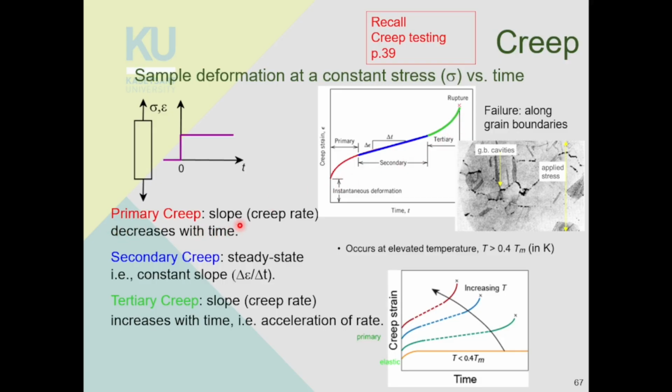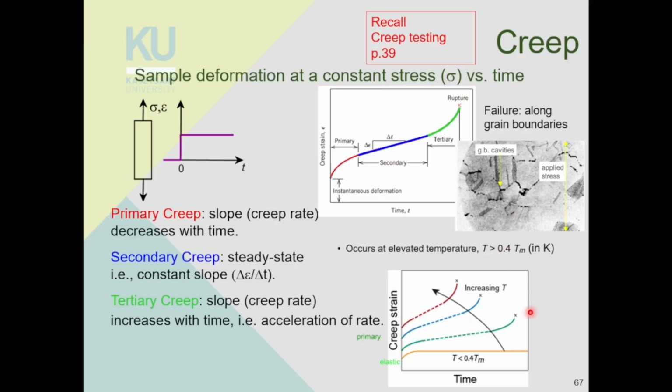For the primary creep, the slope, or the creep rate, decreases with time. For the secondary creep, you have a steady state creep, which is a constant creep rate, and for tertiary creep, you have an increasing slope really quickly because of the necking, right? And you get fracture. You can see that you get failure along the grain boundaries. You get holes and grain boundary cavities because of the movement of the atoms. And at grain boundaries, the atoms can move quicker, so you get a lot of holes along the grain boundaries